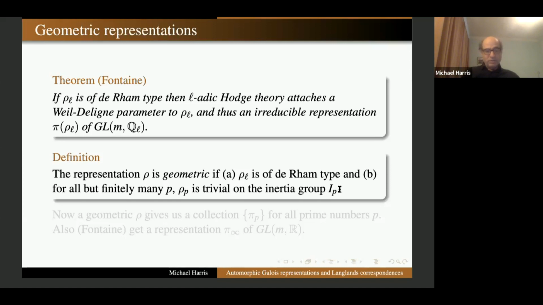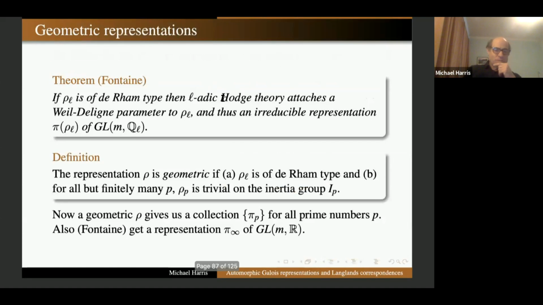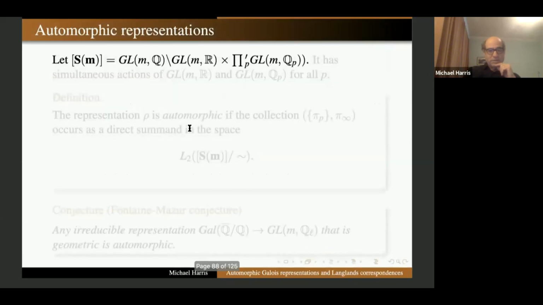All right, so a geometric rho gives us a collection pi p for all prime numbers p, and for all but finitely many of them, they are what's called unramified. Now, another part of Fontaine's theory tells us that we get a representation pi infinity of GLm(R). I could have just tacked that on here if that's also a consequence of being of de Rham type. So now,